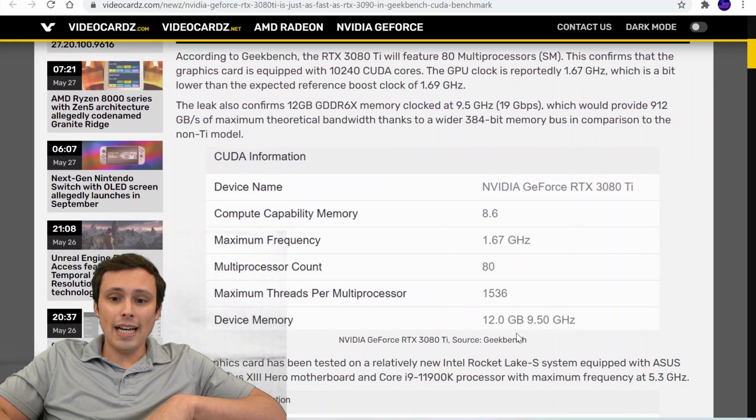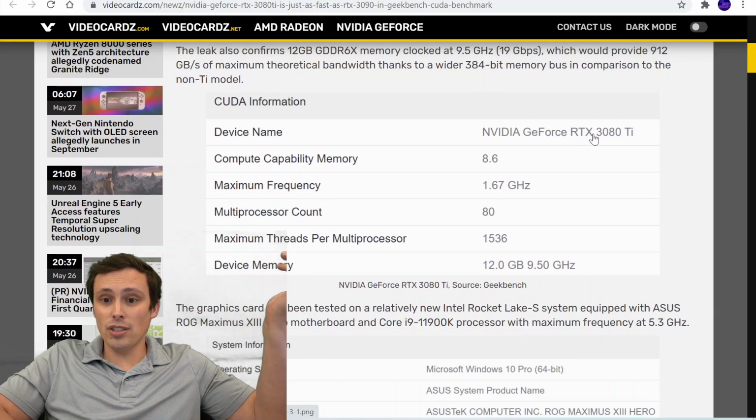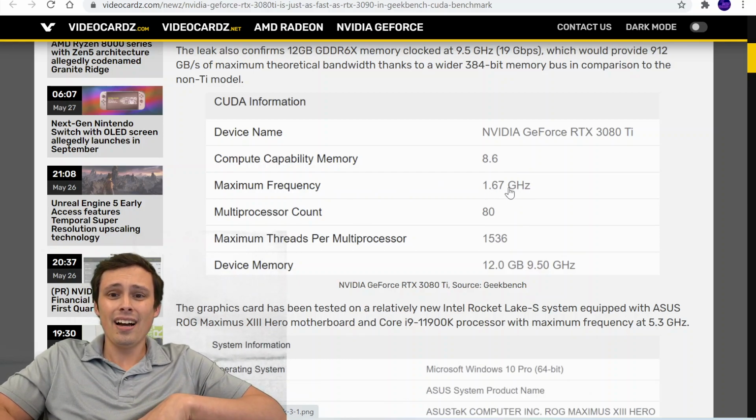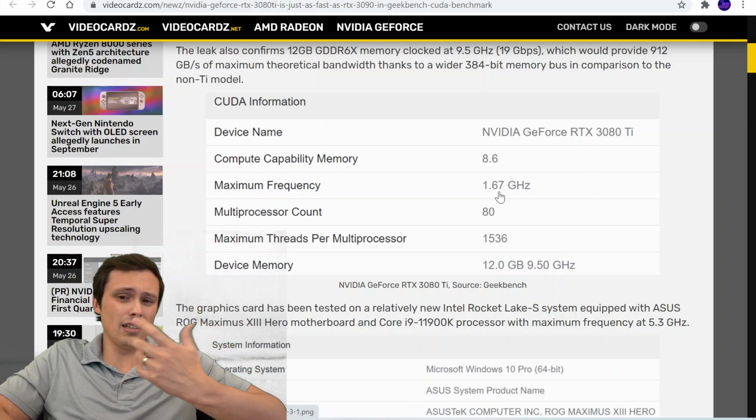So what are we actually seeing? Well, according to that site, the device tested was an Nvidia GeForce RTX 3080 Ti. Seems legit. The compute capability was 8.6. The maximum frequency was 1.67. I'll mention that I believe we were seeing leaked reports saying that it should be 1.69, so that seems slightly low, but